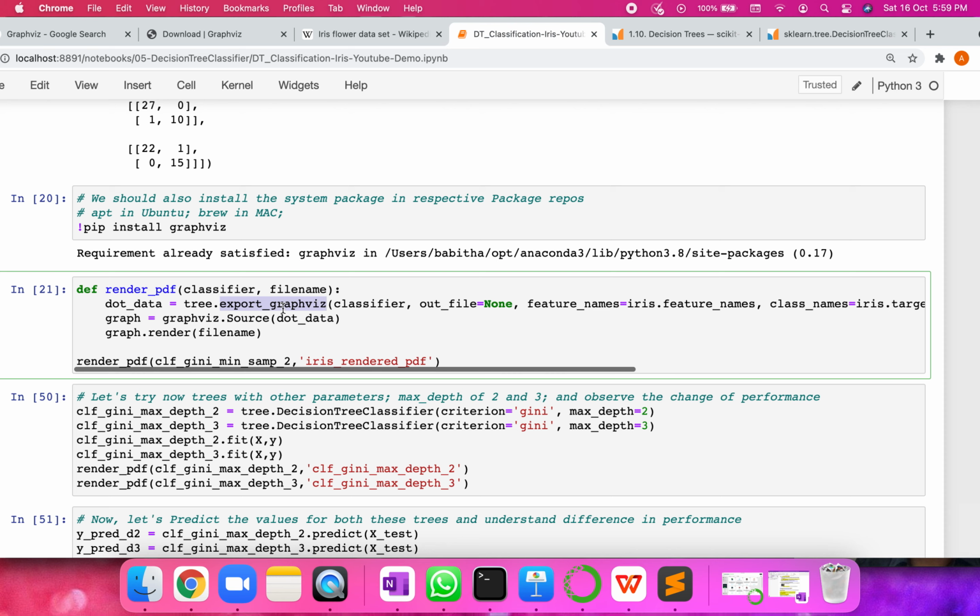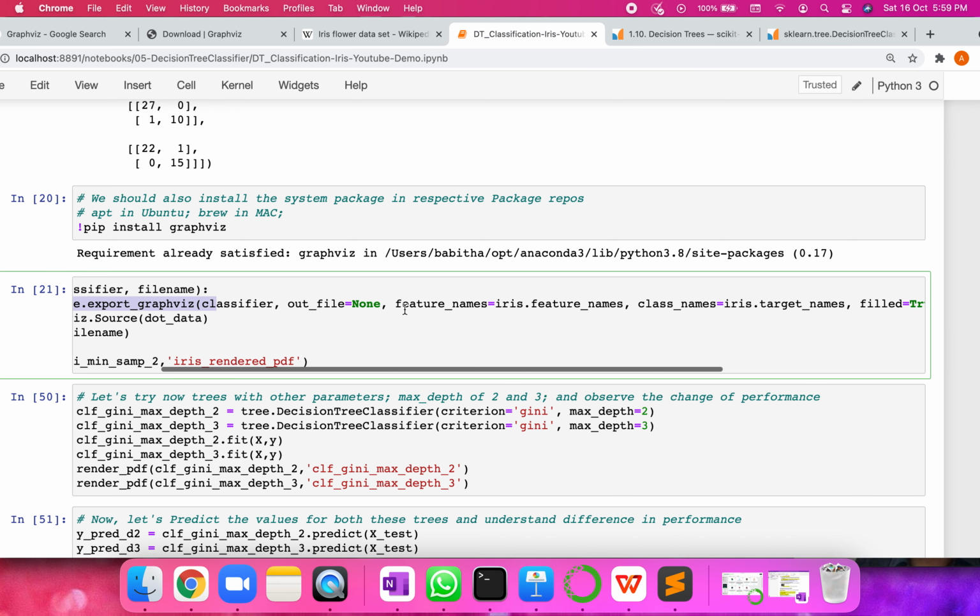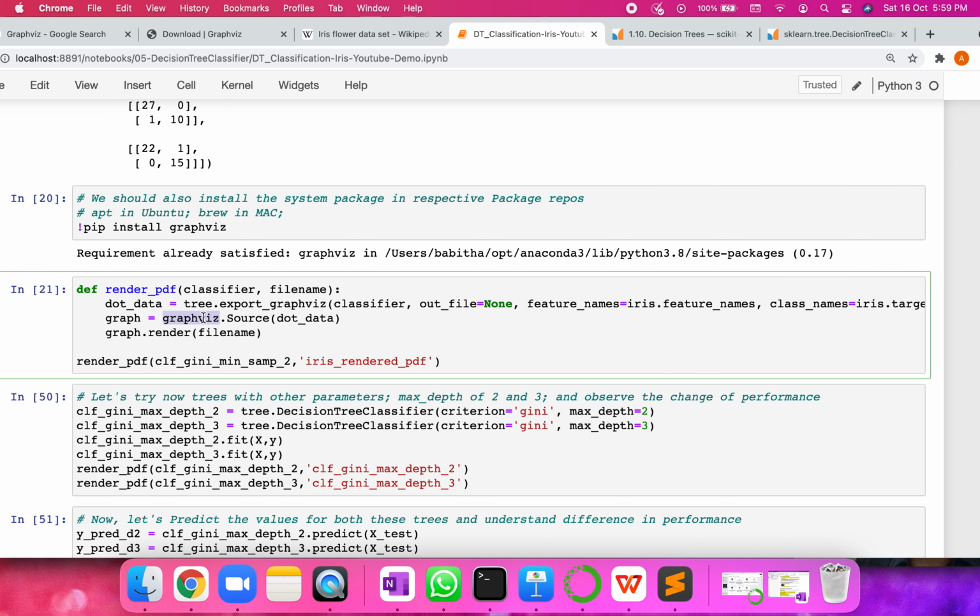So export_graphviz basically takes the classifier or the model that we have built above, and it will convert this into a format that we can export. That format is called dot format. So that's what we're trying to do with tree.export_graphviz, and that data we can feed into a library called graphviz.Source.